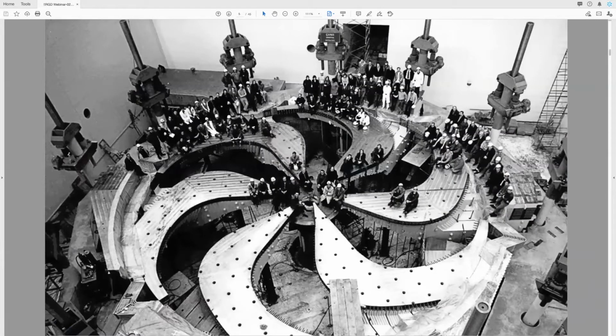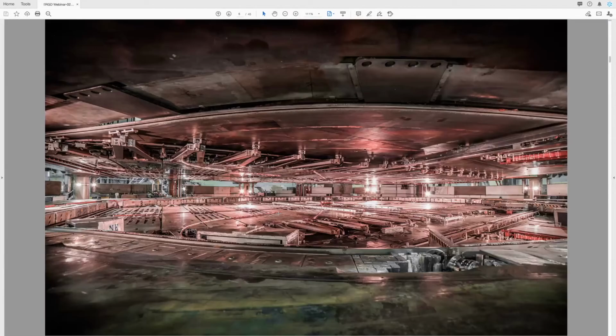the 520 MeV cyclotron, a 4,000-ton steel giant that accelerates protons to 75% the speed of light. That means going to the moon and back in 2 seconds, and generates gravity the same as the International Space